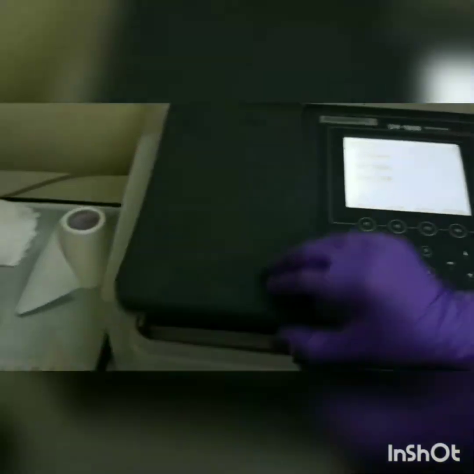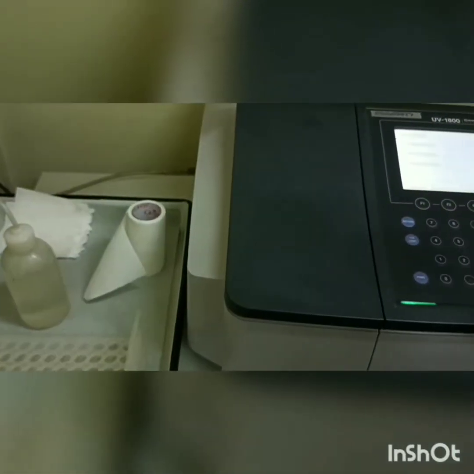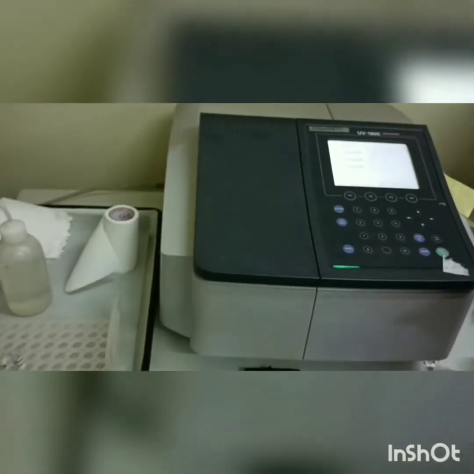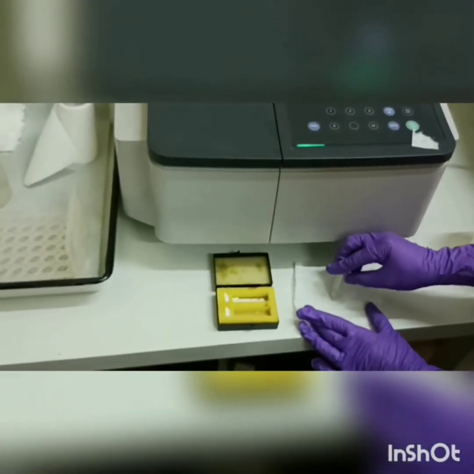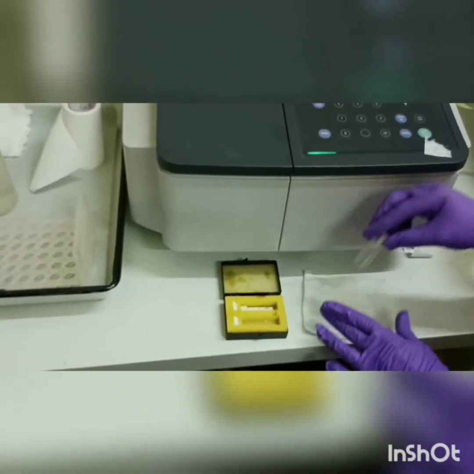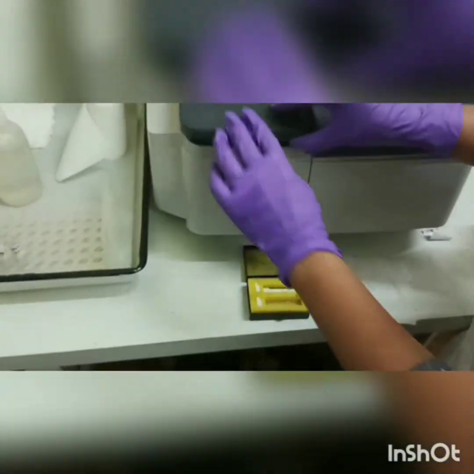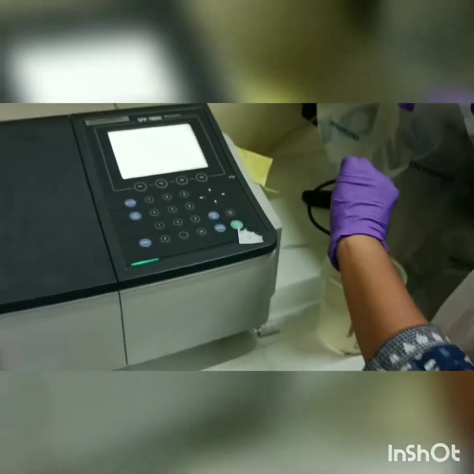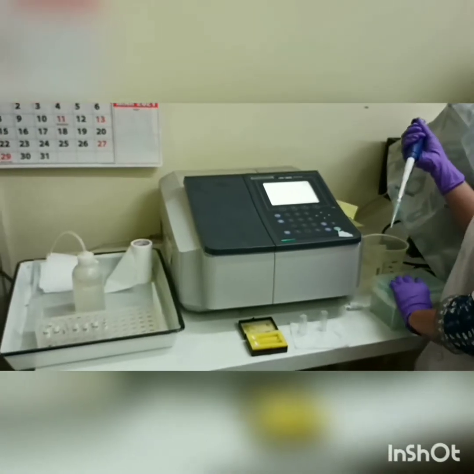After this, remove the cuvette and discard the distilled water. Tap this cuvette carefully. Try to remove as much liquid as possible from the cuvette. Remove the second one also and discard. Then add the blank into the cuvette.